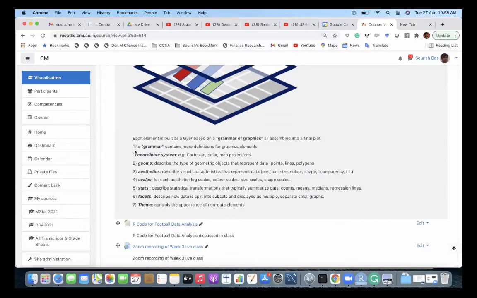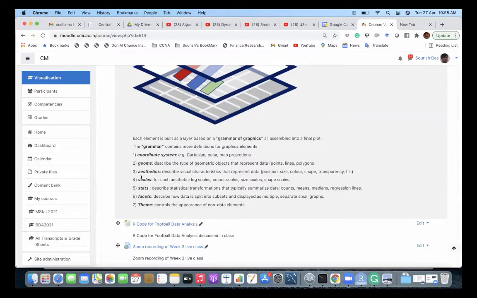When I say map, I mean a literal geographical map, because on a geographical map also you can plot many things. Then geom stands for geometry, whether you want points, lines, or polygons. Aesthetic stands for position, size, color, shape.